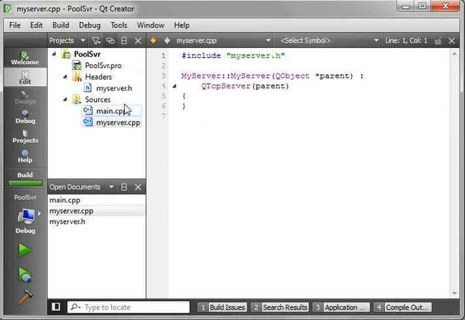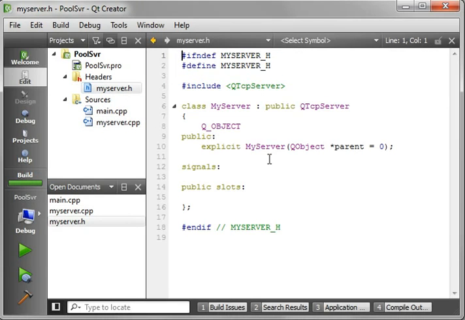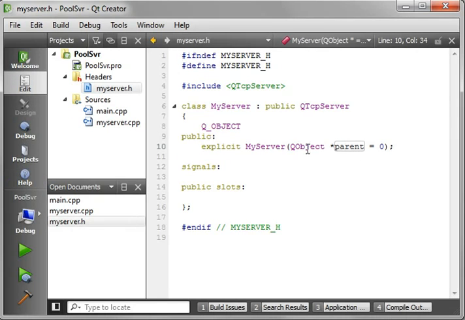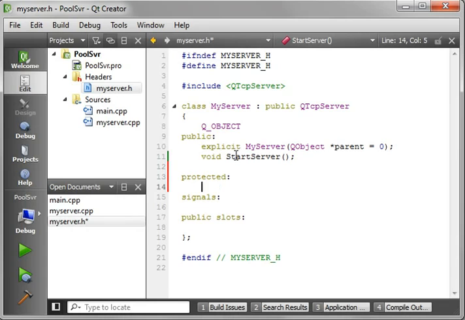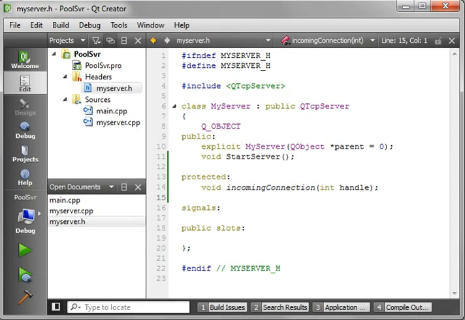So this is our server, and we're just going to flesh this out really, really quick here. We want a public void, call this start server. This is where we're just going to start the server up. You've seen this half a dozen times so far. And then we're just going to go incoming connection with the socket descriptor. Notice how they call it a handle. It's the same thing. And then for our private object here,